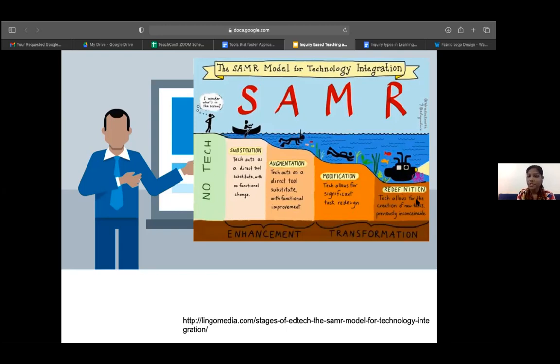And redefinition is the creation of new tasks which were previously inconceivable. It's like converting that whole story into a movie with sound and music and other added effects. So that is when you move from the enhancement part to the transformation part. And it cannot be done very quickly because it also considers the age group of learners, that kind of assignment